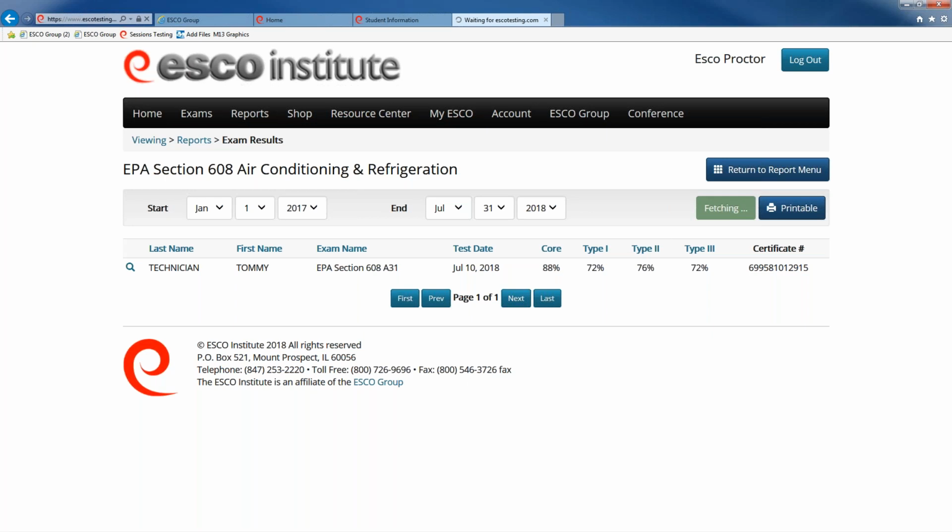But while we're waiting for that to come up, one thing I did want to point out to you as well is that all individuals listed are going to have a certificate number regardless if they pass or fail an exam. So the certificate number is really kind of like a student identification number for each individual person. So whether they have a certificate number or not does not indicate if they're certified. So you do have to watch for their test scores here to know if they're actually truly certified. Or we could access a different report that will actually tell us their certification status.